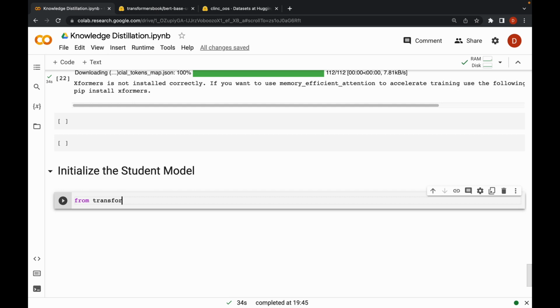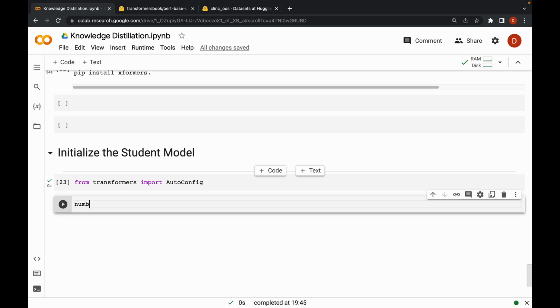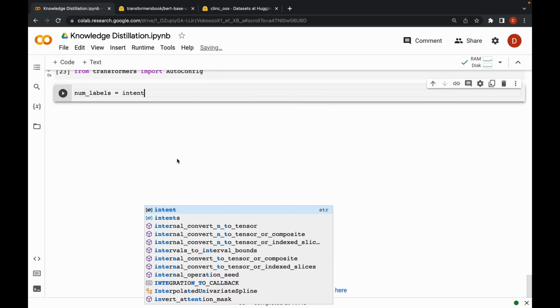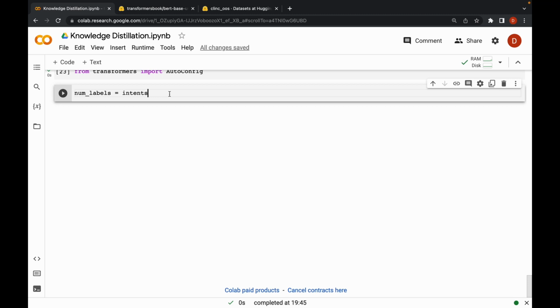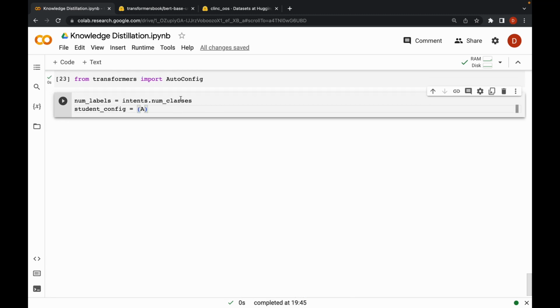From transformers, import AutoConfig. Now we have to specify how many number of labels there are. Number of labels is equal to, we can get it from this intents.num_classes. Then we will define the student config. Student config is, we will use this AutoConfig class, AutoConfig.from